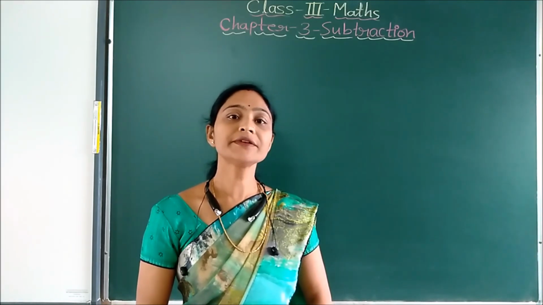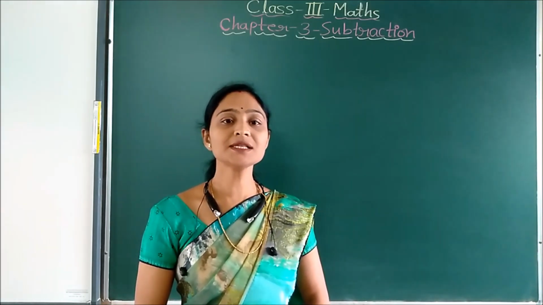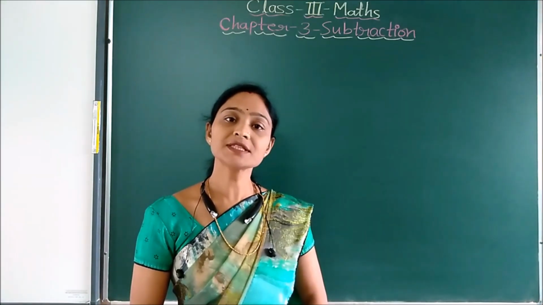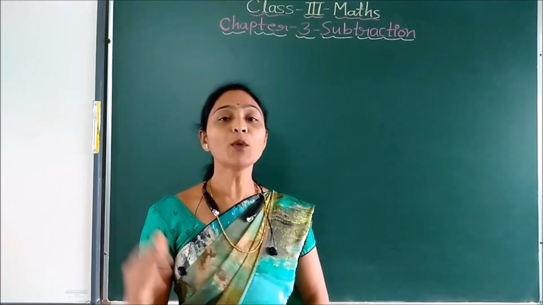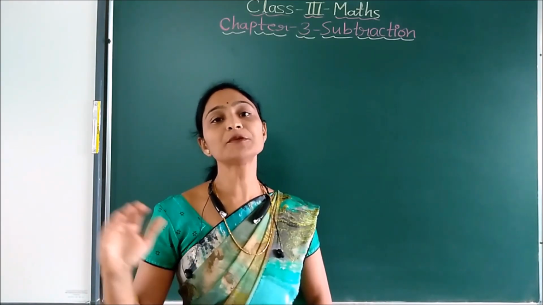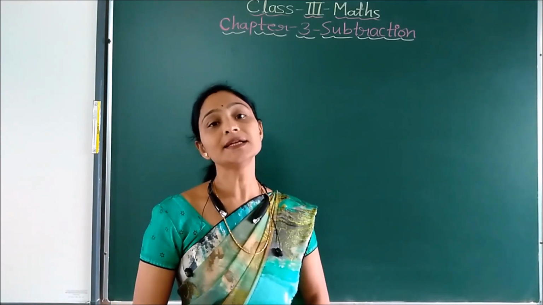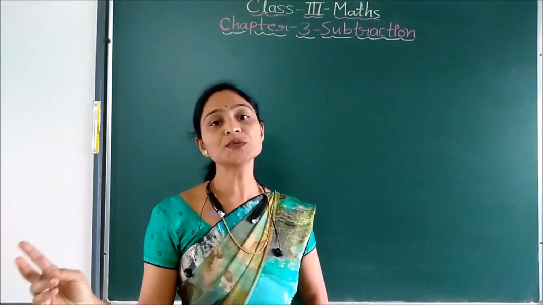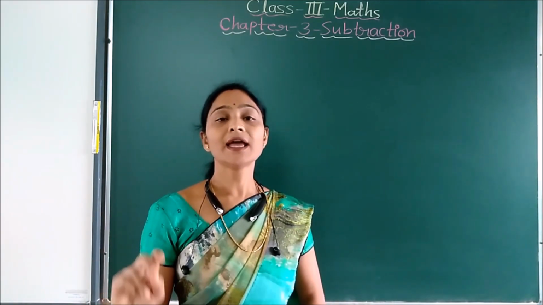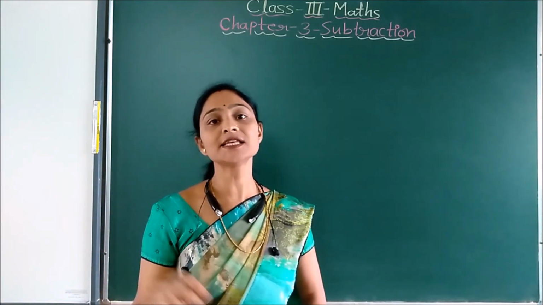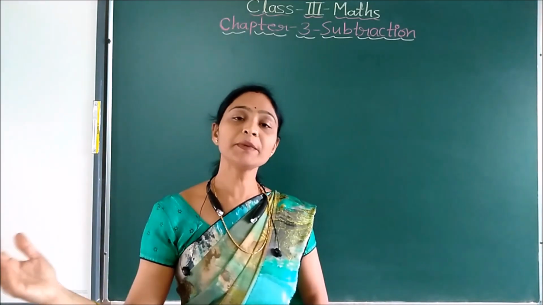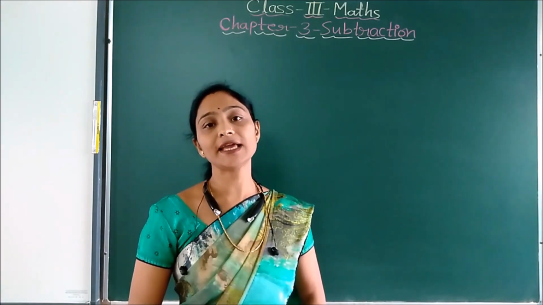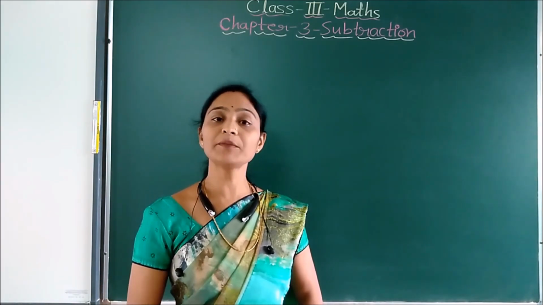In previous class children we have learned subtraction of 3-digit numbers, subtraction of 4-digit numbers and subtraction with zeros. In subtraction with zeros we have learned how to get borrowing from the next place. If we are borrowing from the tens place for ones place we are getting 10. But when we are borrowing from the hundreds place, if we have continuously 2 zeros then we are getting second place 9. And similarly, if we are having 3 zeros continuously, then we are getting third place also means 100 place also 9. So, first place only we are getting 10 and then we are getting 9. So, this you have to remember children.